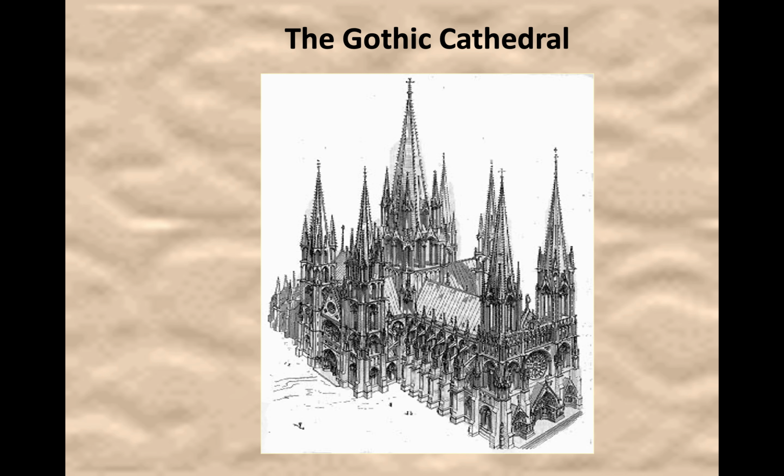Now, if you're going to make a building really tall, that's a lot of weight on the foundation. That's a lot of stress on the foundations. Before Gothic architecture, it was really tough to make a cathedral tall, and that was one of the problems of Romanesque architecture. They didn't have the flying buttress, and we'll talk about why that's really important. During Romanesque architecture, without the flying buttress, the only way they could make a cathedral taller was to make it wider, aka you had to make the walls thicker.